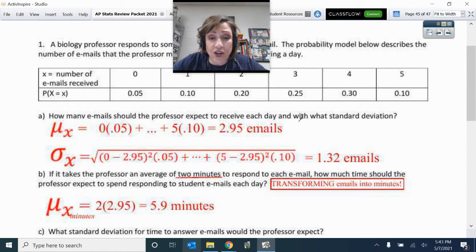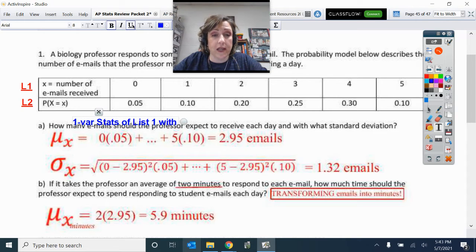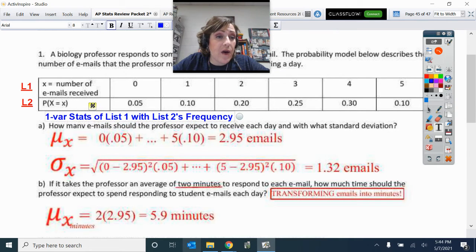deviation. Okay, you cannot just put this into your calculator, which, by the way, the way you put it into your calculator was you put this information here into L1, and then you put this information here into L2, the second set of information, okay? And then you went to your calculator and you did one variable stats of list 1 with list 2's frequency. All right. So that is how I came up with these numbers here,